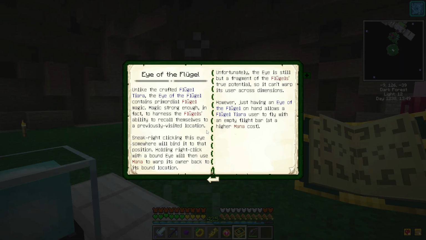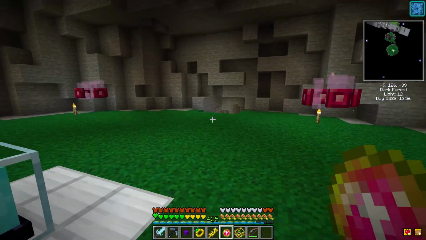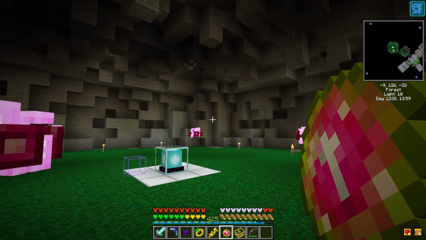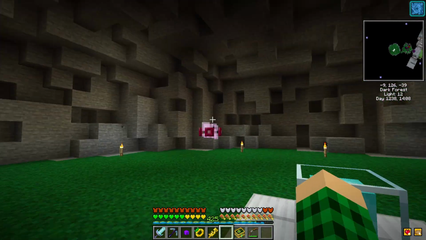I think the Eye of the Flugel. Yeah, it's basically like a teleport, and it can't warp across dimensions, but I believe you shift right click on a block, and then you go away, and then you can hold right click. And for a little bit of mana, it teleports you to that block. And then this guy